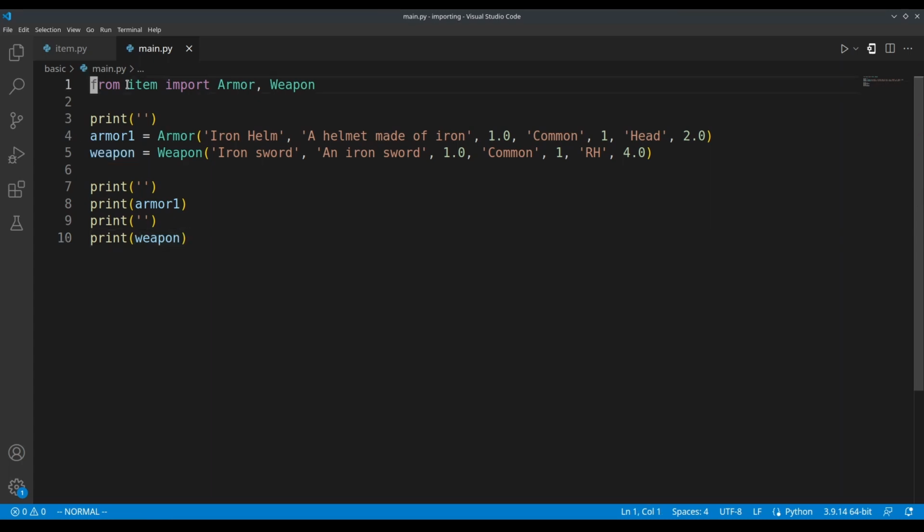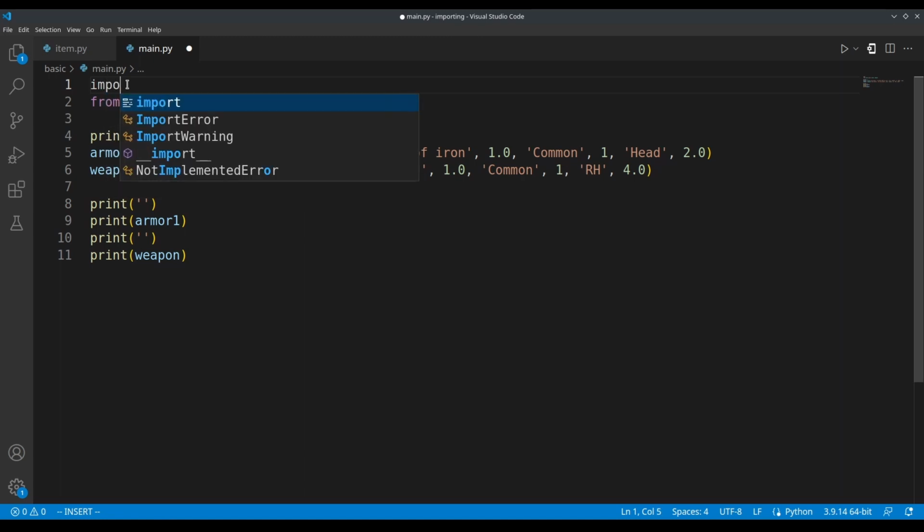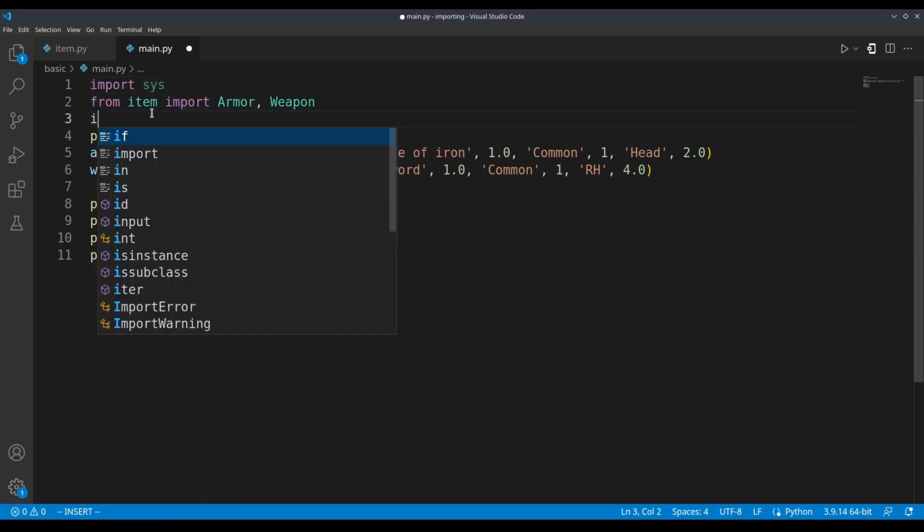So when it comes to importing stuff from Python itself, it's actually very simple and straightforward. As long as you know the module name, you can just import it. And it's easy to find the information online to figure out what module you need to import and whether or not you have to import stuff from the module specifically. For example, I can say import sys. This imports the Python system library. And with this, I can call the command